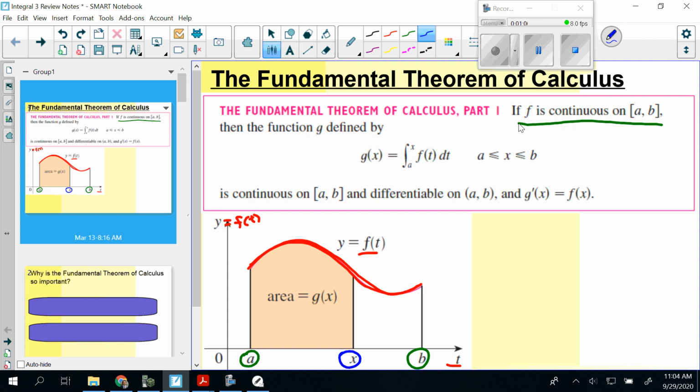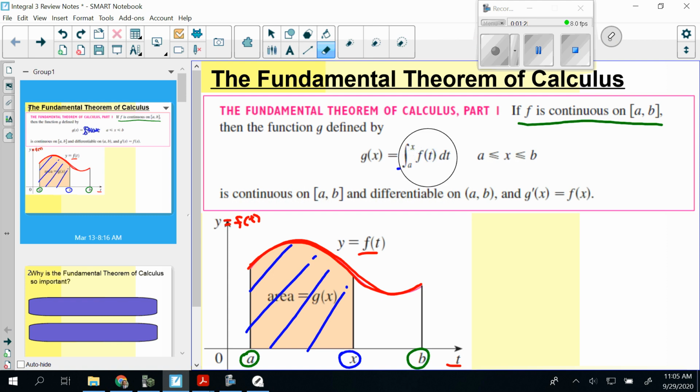And that x, if we wanted to find the area, say from a to x here, we know we'd write it as an integral because the integral finds area. So this would be the integral from a to x under the graph of f of t dt. So that's how we go through and write the integral, just like we've done in the past. All right, well,